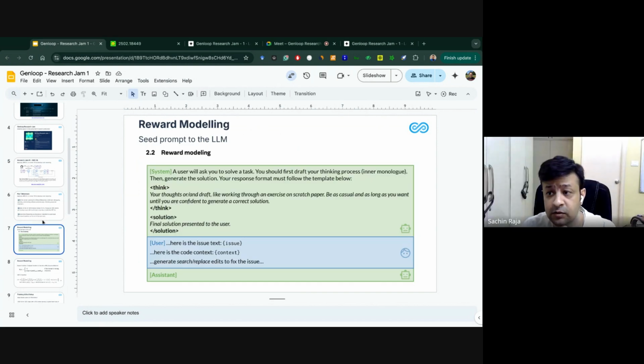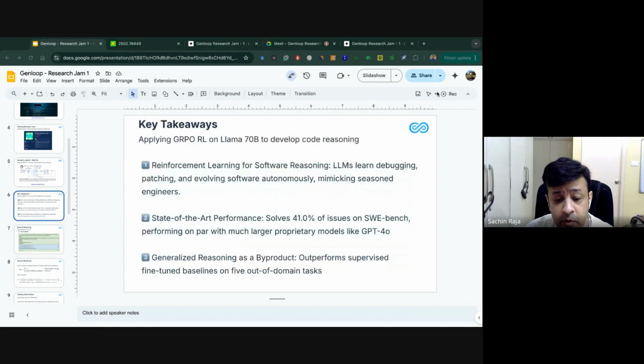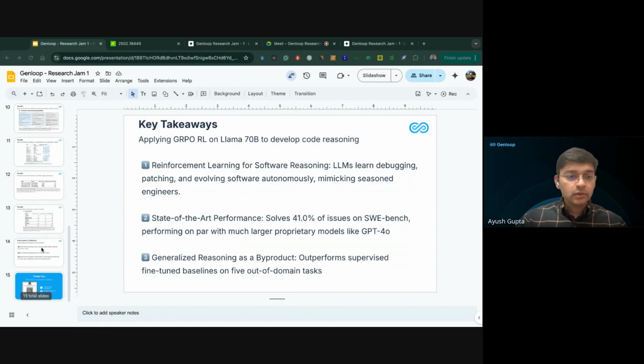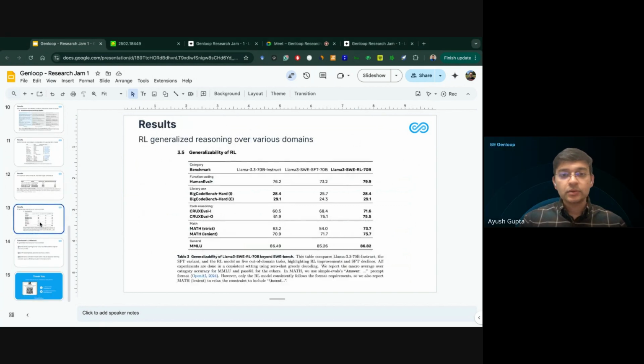Quick question, Ayush. So, what kind of domains are we talking about here? Question answering, and there is the general MMLU benchmark. There is, of course, code-based benchmarks like HumanEval, library-based coding like BigCodeBench, code reasoning like CRUXEval,